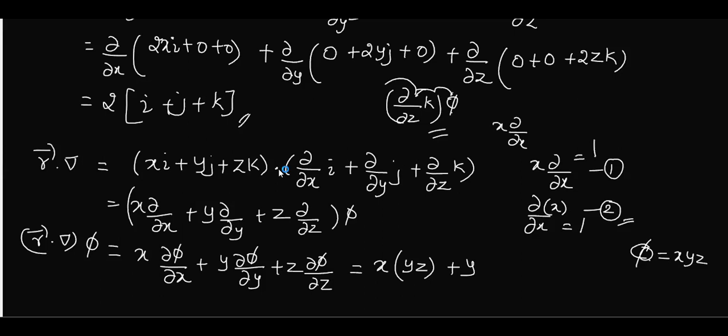What I have here is that my r is a variable quantity. The ijk coefficients are variables, and the ijk coefficients for del are what? Are they not differential operators? That's the difference here. So you cannot take either the first form or the second form. Strictly you should go for the first form only. For constants, if I write a into b as b into a, it will work. But I cannot write x into d by dx as dx by dx.